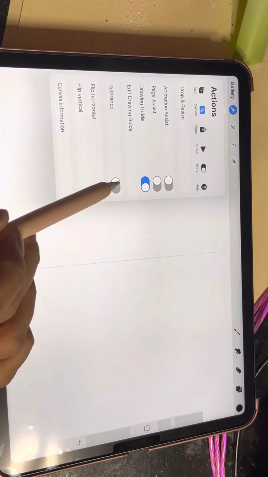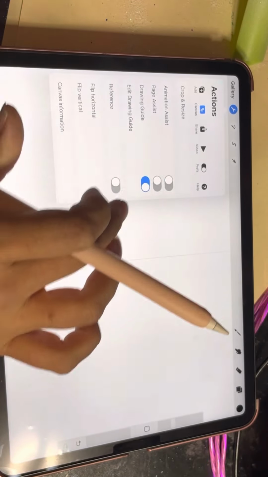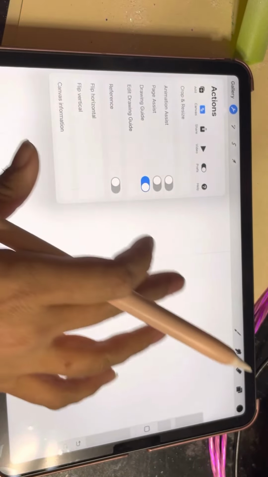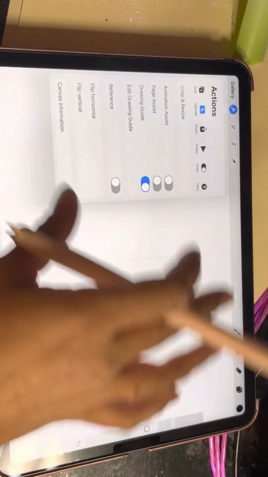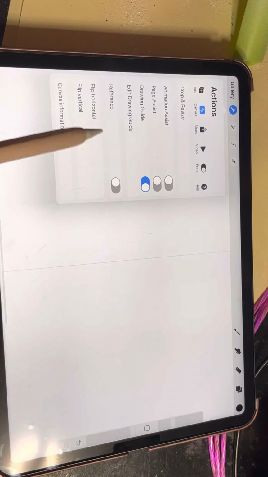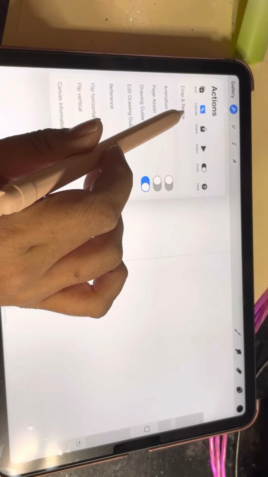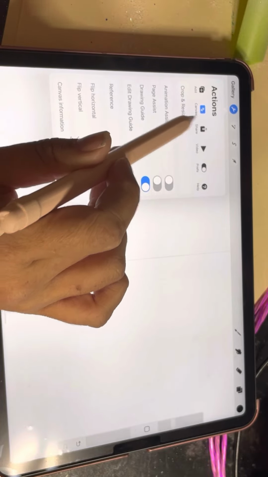You can also use a reference. So if you click the reference, you can import a picture and it won't interfere with anything you're doing on your screen, and you can move it around. You can also hit flip horizontally, vertical. But the very top one, the crop and resize, this is